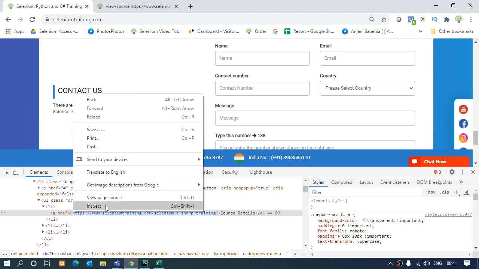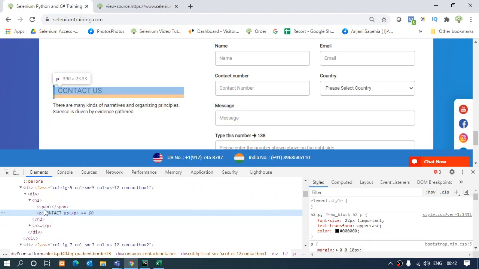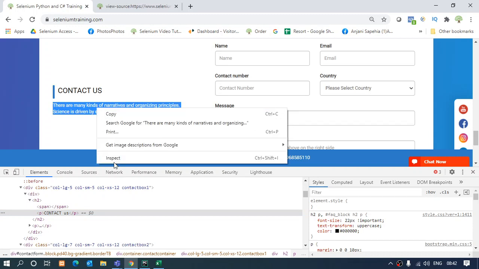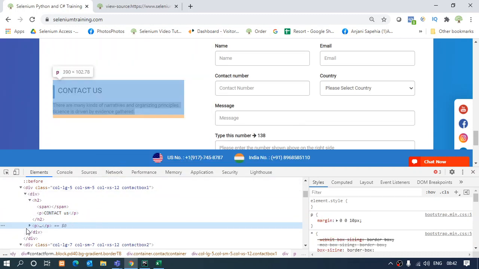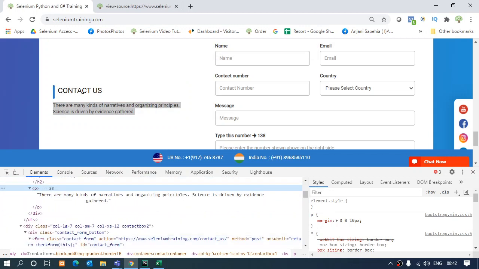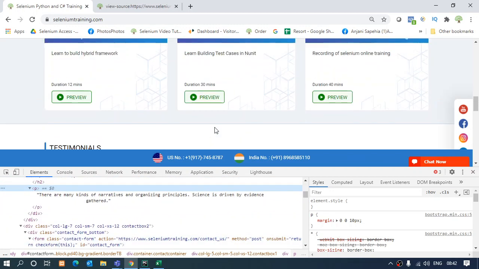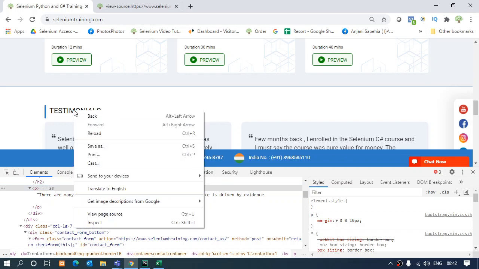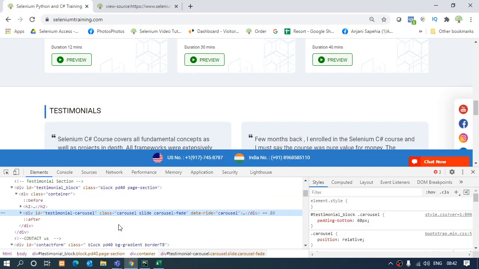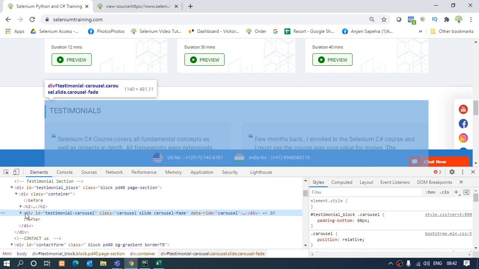If I inspect this text over here, it's written in the p tag, which is basically a paragraph tag. Likewise, there is more text below. If I inspect this as well, it's also inside a p tag, right? If I look for more, let's say I want to look for this testimonial, it's inside a div tag.